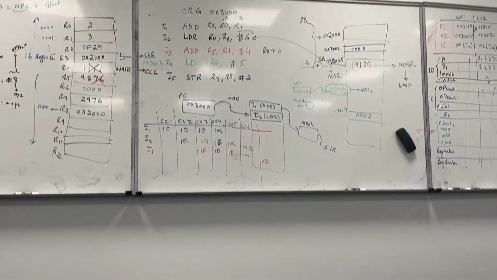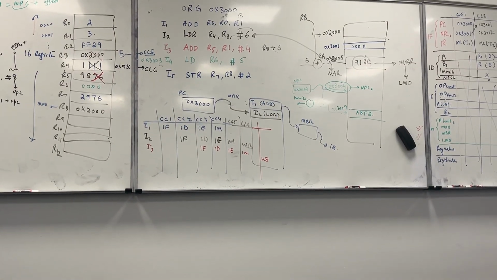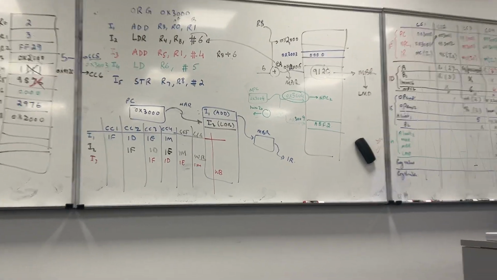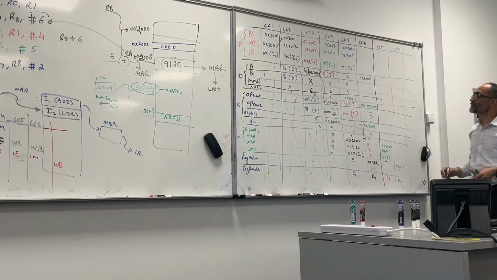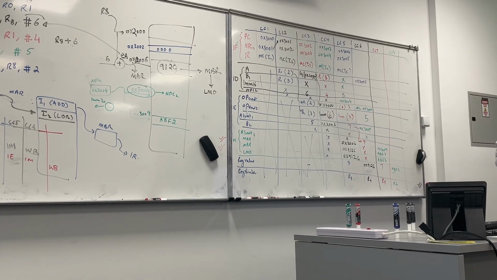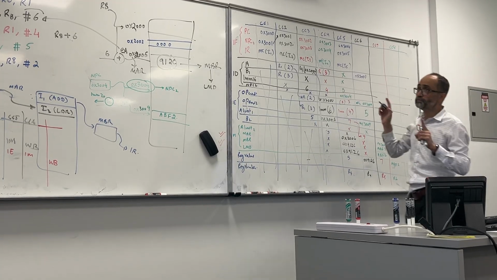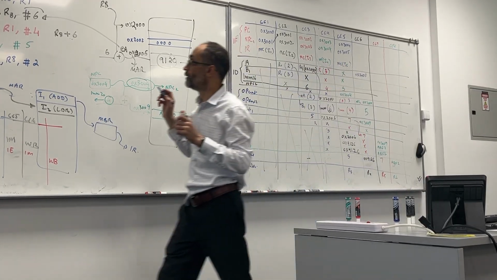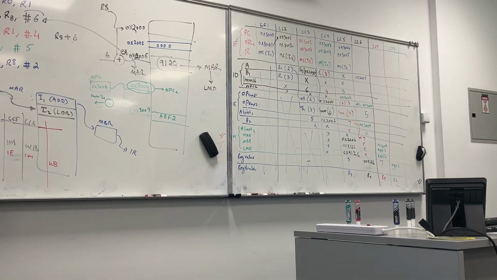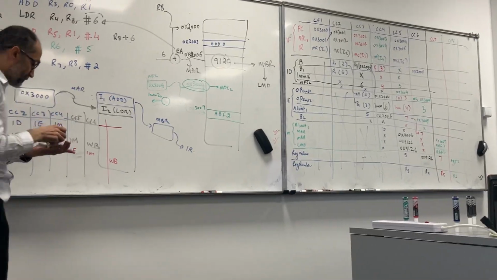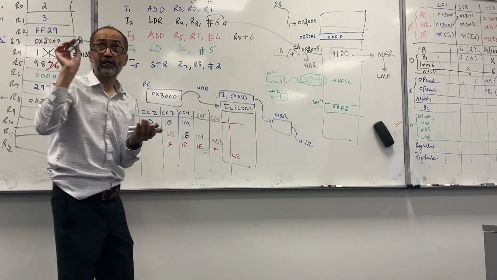Content of R8. What is the content of R8? 2000. What is the content of B1? Now B1 is important. Please remember, this is very important. So this, we have an STR instruction. Please remember, for STR instruction, this is tricky. This is very